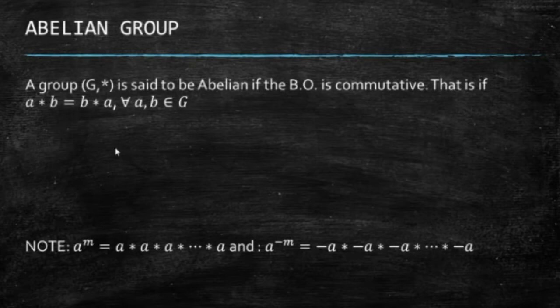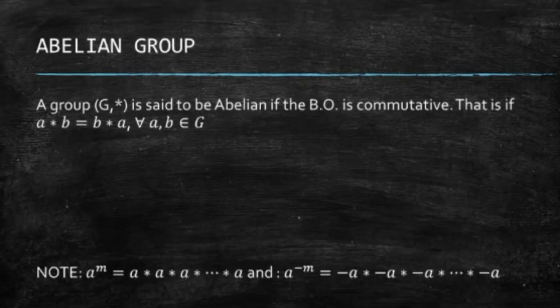So we did abelian group. Basically a group with binary operation is said to be abelian if the binary operation is commutative. For the details, please refer to the previous video. In this video we are going to understand some theorems that would help us to find out whether our group